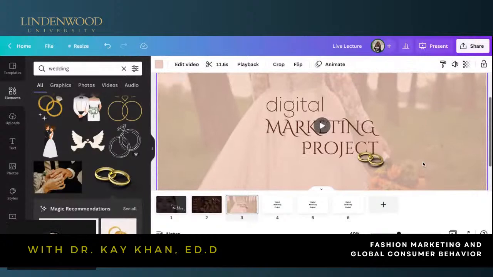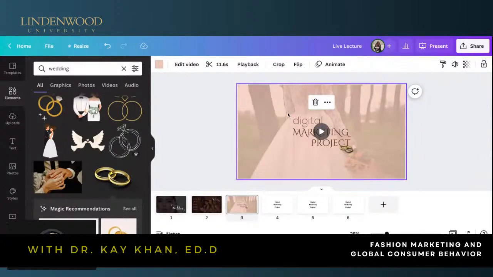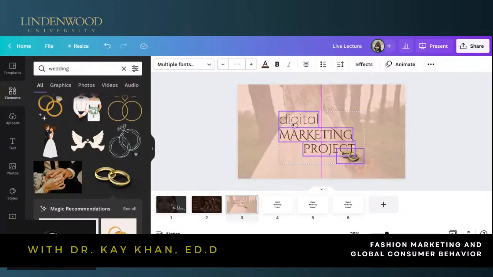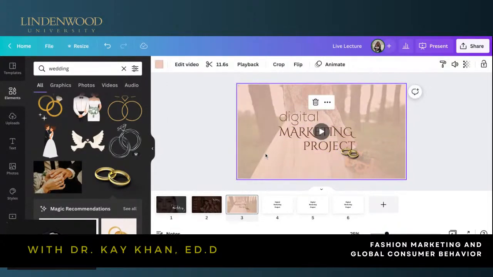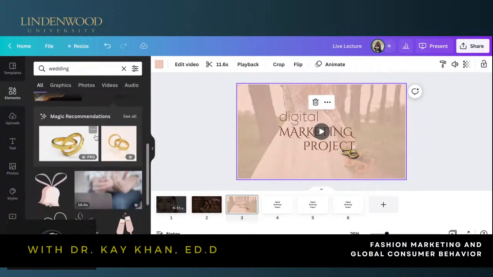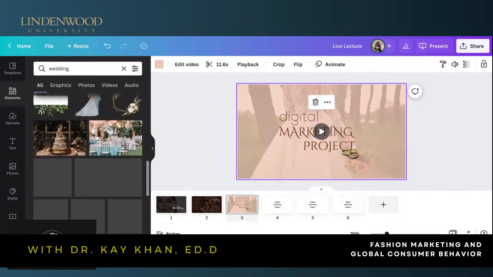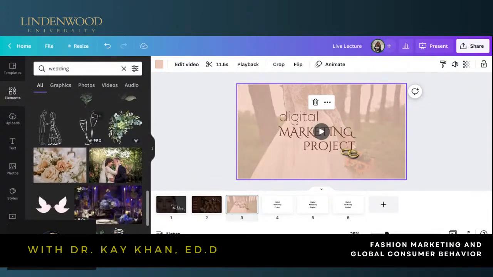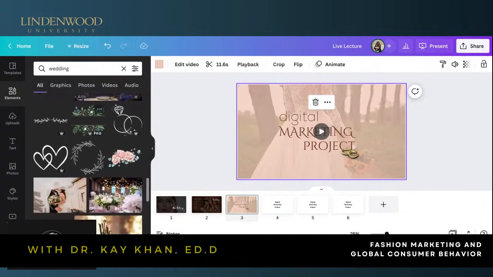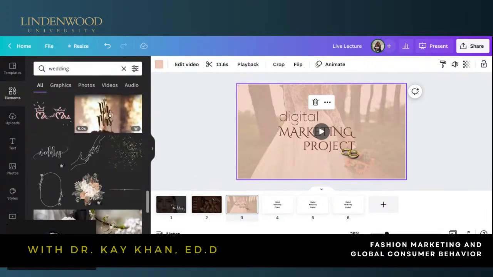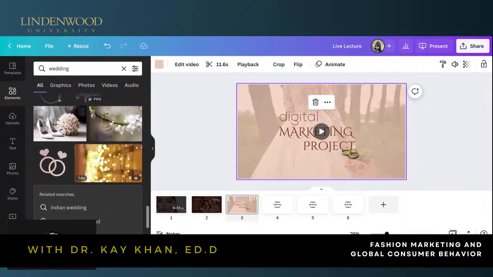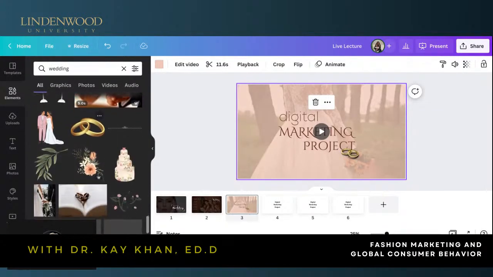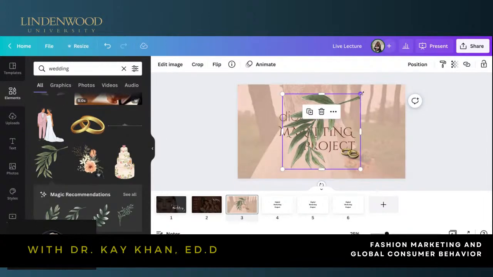Place that there. And because these words are kind of fading in, I'm just going to make this a little bit larger because I feel like maybe it will benefit from that. And then let me go find some other wedding elements. I don't want to find something that's super too much. I'm trying to find something that's kind of subtle and clean. And that's always the best strategy to go with when it comes to graphic design and stuff. Not just something that's too much out there.